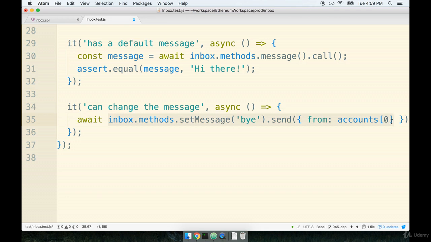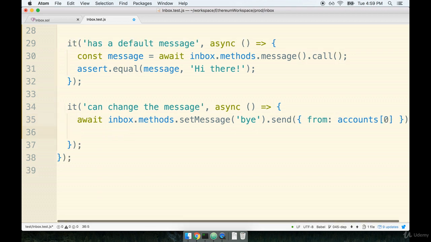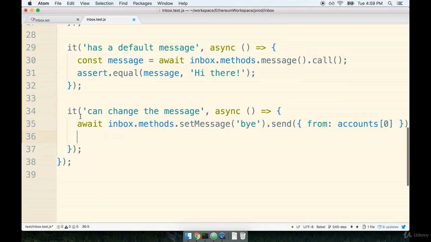So we don't really have to put in an additional thing here to take the transaction and verify that it went through okay. If everything happens okay, then this line of code is going to proceed, and we're going to go to the next line of code. If something goes wrong, an error is just going to be thrown. And that's going to be our signal that we need to do a little bit of debugging. So with that in mind, we can really just do the next two steps,